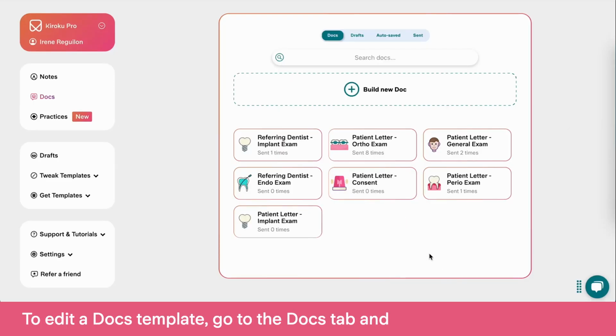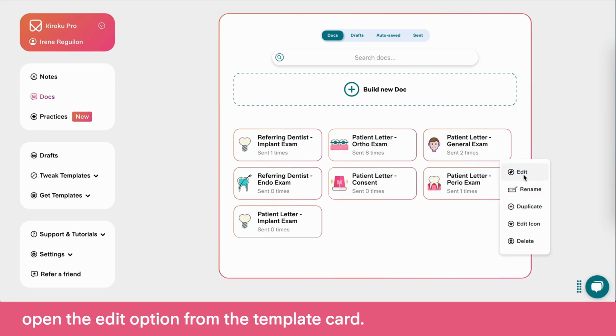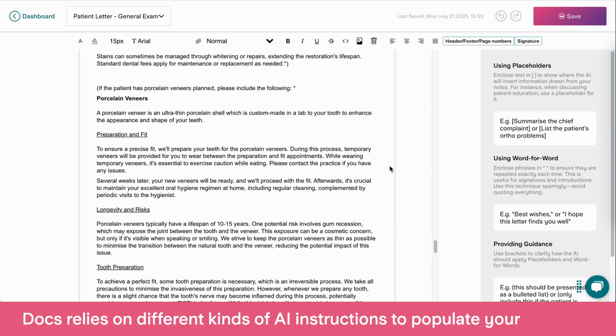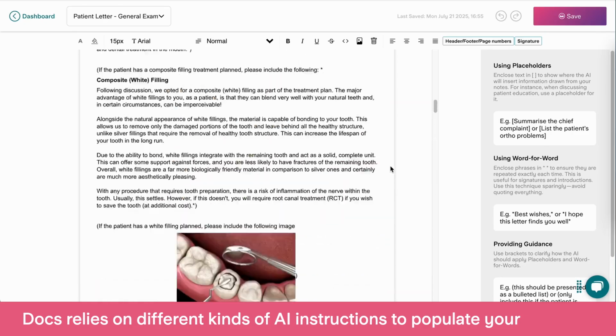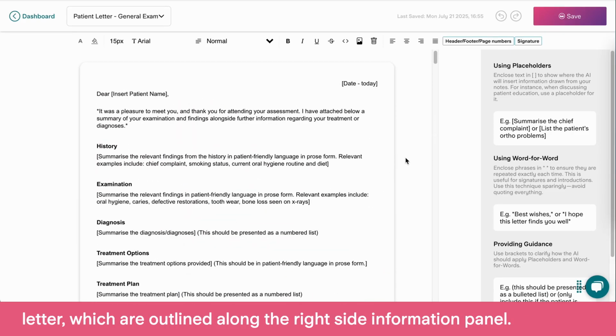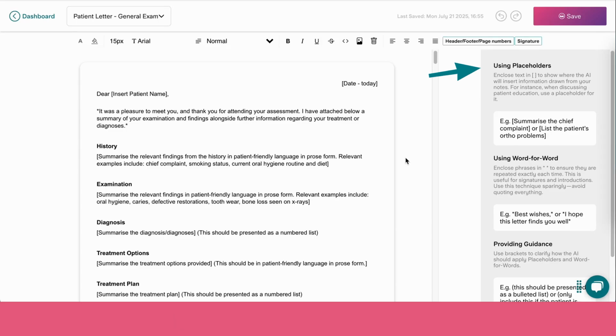To edit a docs template, go to the Docs tab and open the Edit option from the template card. Docs relies on different kinds of AI instructions to populate your letter, which are outlined along the right side information panel. These include